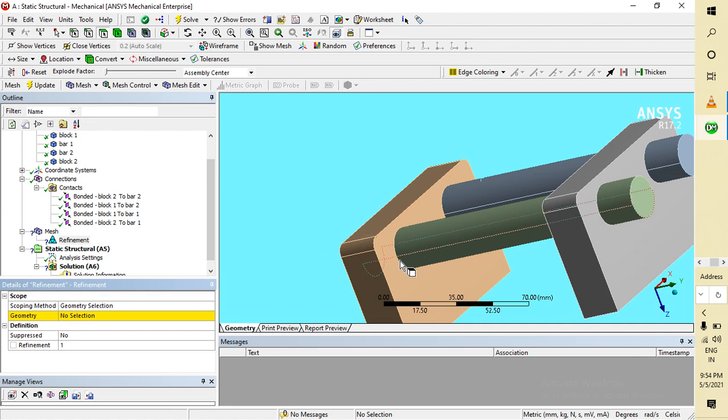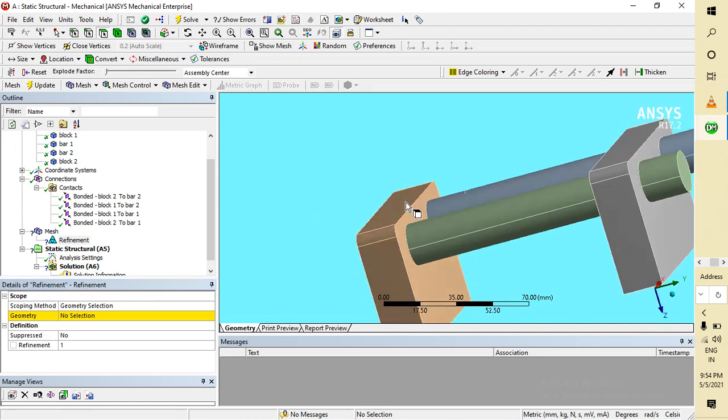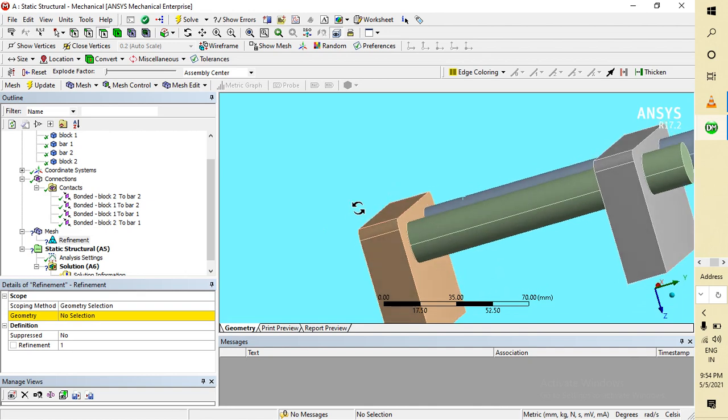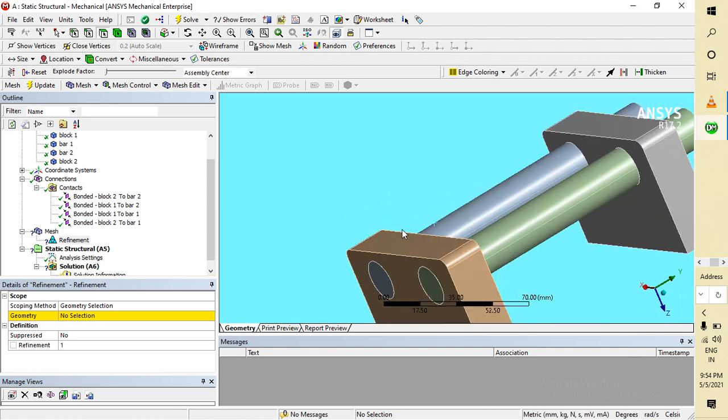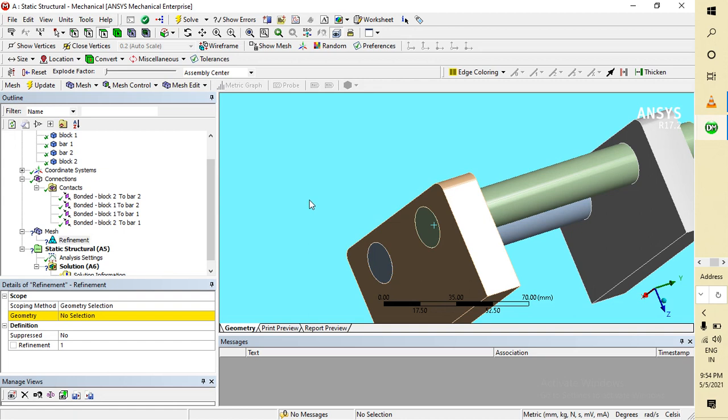Because where the rapid changes occur, this area, this circle, its inner circle and its outer circle. In all this part, refinement is necessary to view with precision.